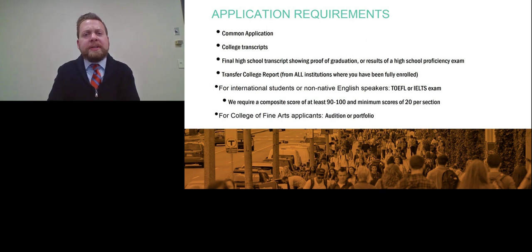The fourth bullet point, transfer college report, we need this from every institution where you've been a degree-seeking candidate. And sometimes this is completed by a registrar, a dean of students, judicial affairs, maybe an academic advisor. Every institution's a little bit different in terms of who completes the form, but essentially it's just letting us know you're in good academic standing, you would be eligible to re-enroll at that institution, and if there are any discipline infractions at a college, it just explains to us what those are, in addition to your own explanation on the